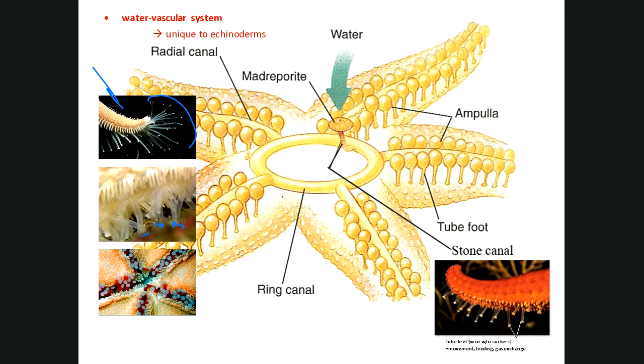Here you can see another picture of tube feet. Not all species have suckers. And as I said, they use them for movement. They're very thin, these tube feet, so gas exchange. Any thin surface in an organism, any thin membrane with a lot of vascularization, a lot of blood vessels, is good for transmitting gases across the surface. They can also use them for feeding.